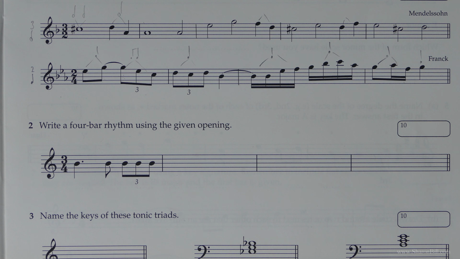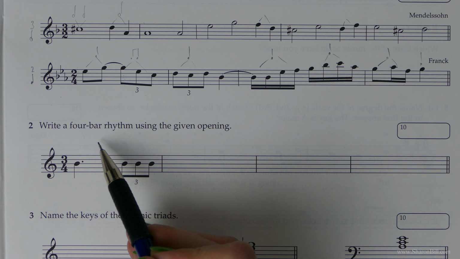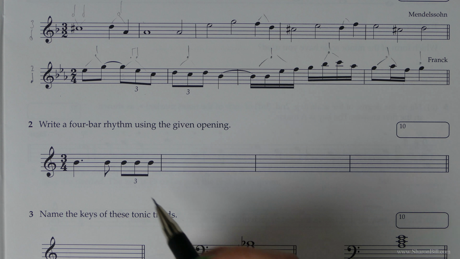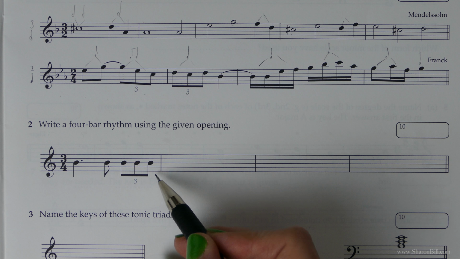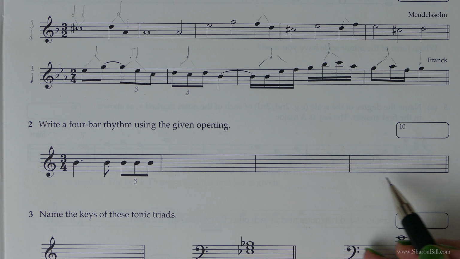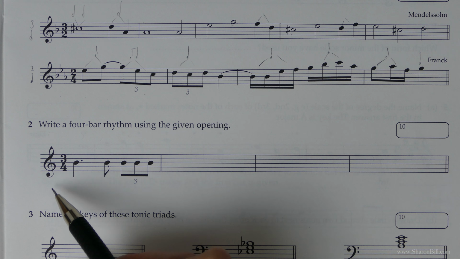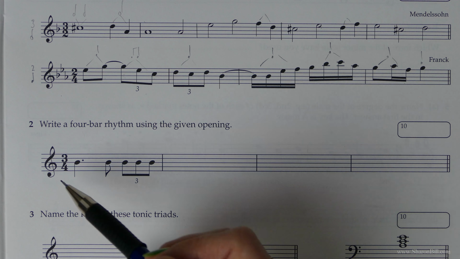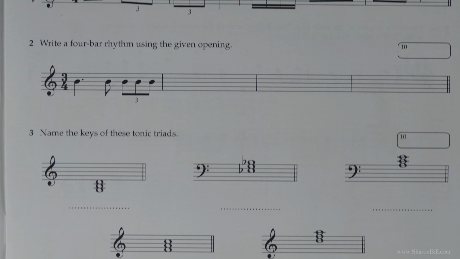Now question 2 asks us to write a 4-bar rhythm using the given opening. Now in the new 2018 revised syllabus, this 4-bar rhythm composition will no longer appear in the new papers, and so that's not going to be part of your exam from now on. So we're just going to skip that because that will no longer be part of your paper, and move on